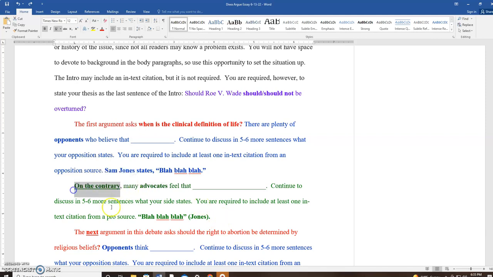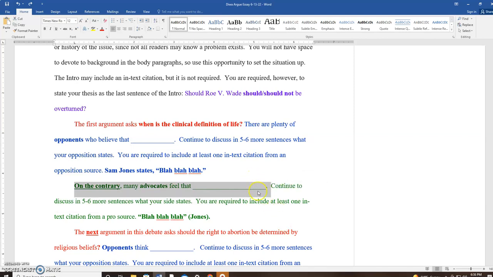This is a transition. I'm giving it to you. Please use it. Use this word. If you can think of anything better, that's fine. But I'm giving you a transition which is required when you move on to the green, when you move on to B. On the contrary, many advocates feel that